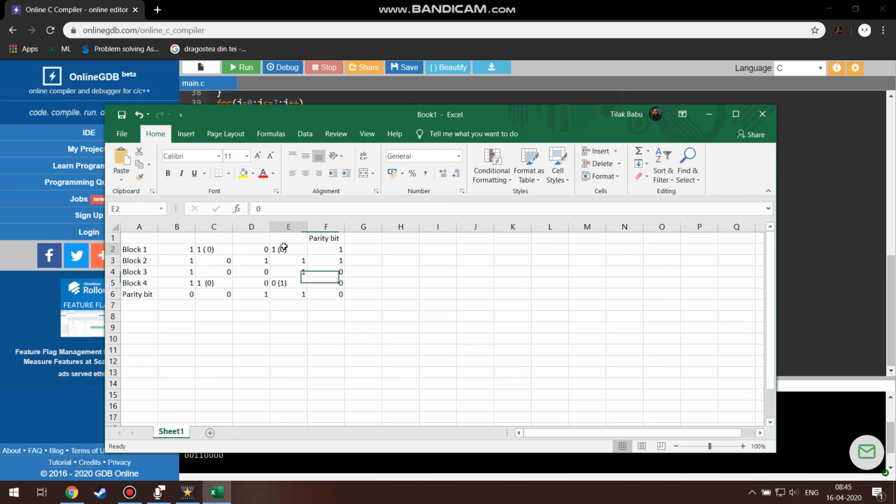Even the columns will not report an error. For the C column, the total number of ones is 0, which is even, so the parity bit is 0. And for this E column, the total number of ones is 3, and the parity bit is 1, which is also correct according to 2D parity check. So this is considered one of the disadvantages of the 2D parity checker. If there are 4 errors, 2 in each column and 2 in each row of the same columns where the previous errors were present, it does not report any errors.